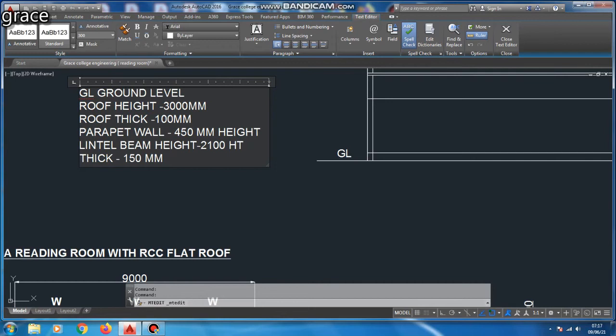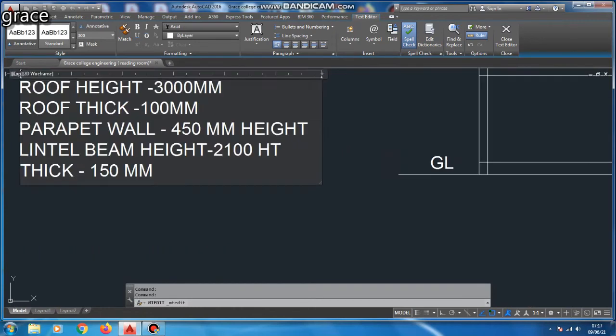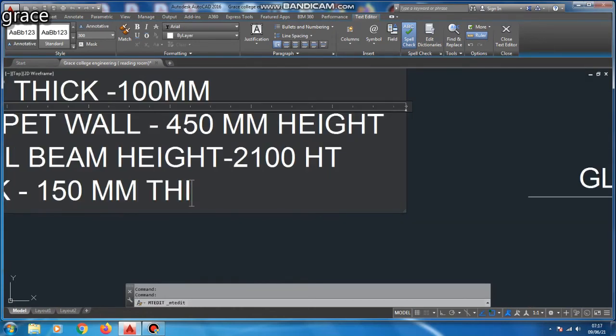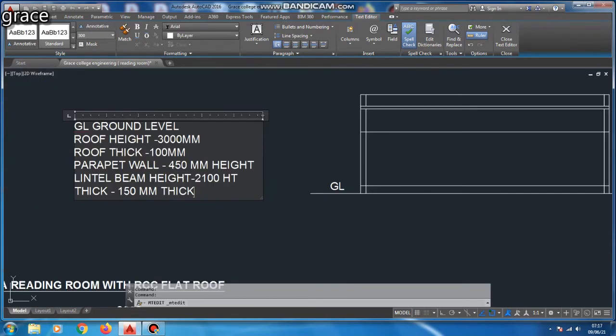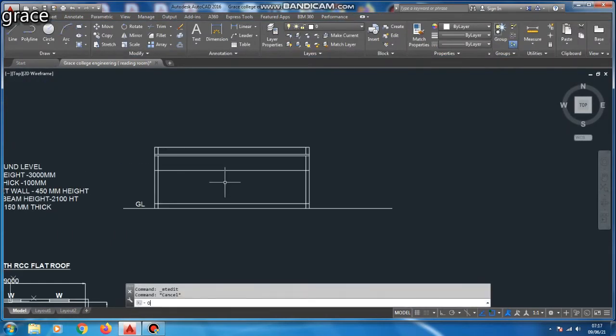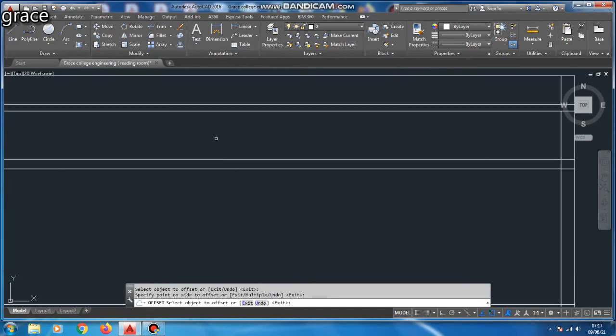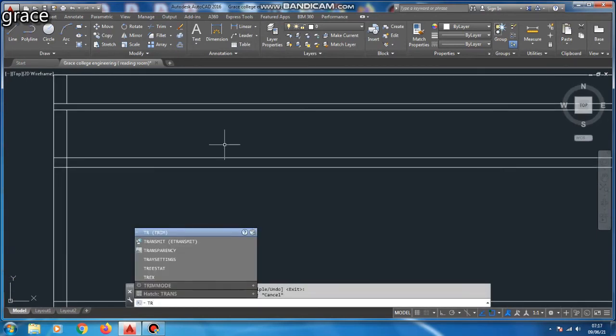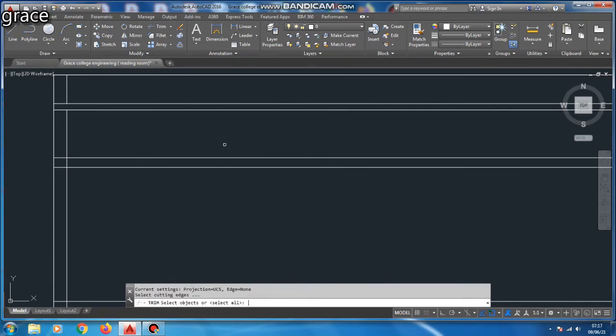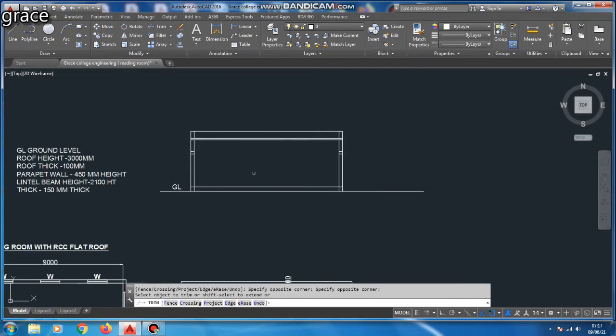By using the same offset command, we are going to offset the lintel beam thickness, 150 mm. We are going to trim the excess line from both the sides.